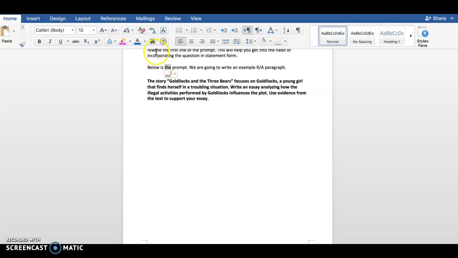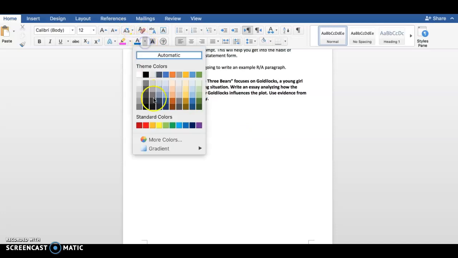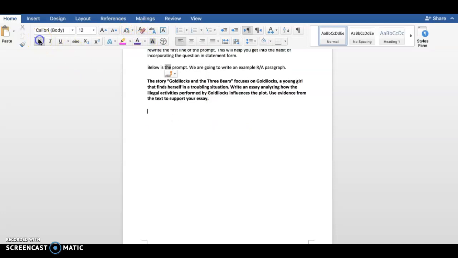So if I was writing my RA, I'll write it in purple. I'll make it bold and a little bigger so you can see it. I'm going to restate. So what I'm going to do is I'm going to copy the first line down.